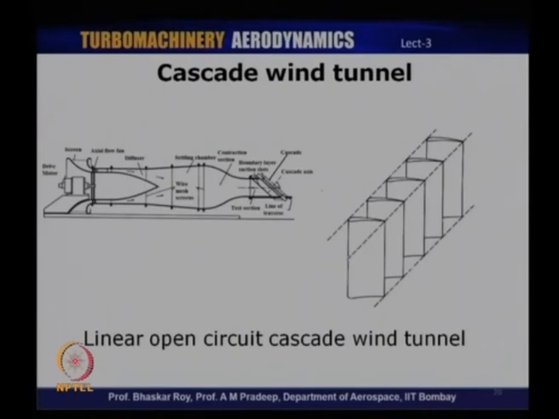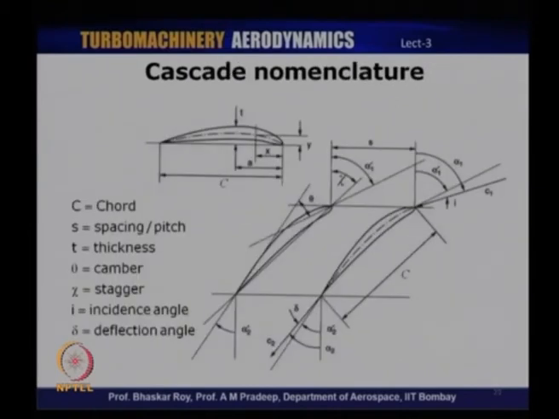Now that I mentioned incidence angle, let us also look at the cascade nomenclature. There are certain angles and geometric parameters that one needs to be familiar with when we are dealing with cascades. What is shown here are the different geometric parameters associated with the cascade. The most fundamental parameter being the chord of the blade, which is indicated here by symbol C. So, C represents the chord of the blade, and the distance between two blades is represented by symbol S. It is known as the spacing or the pitch of the blades,